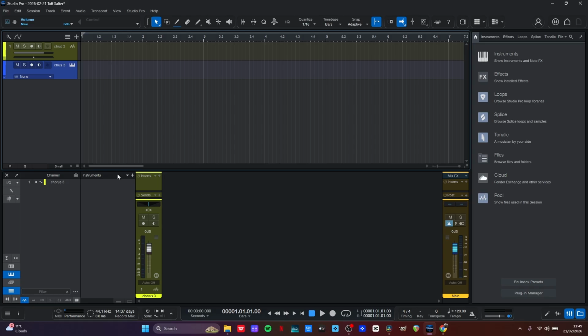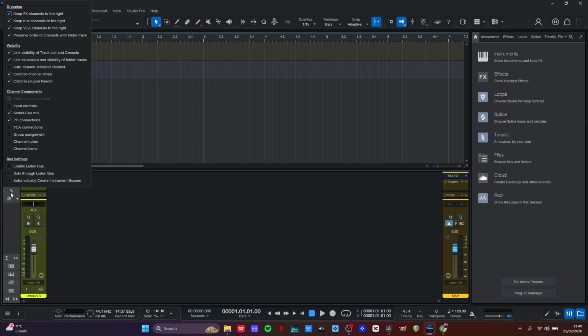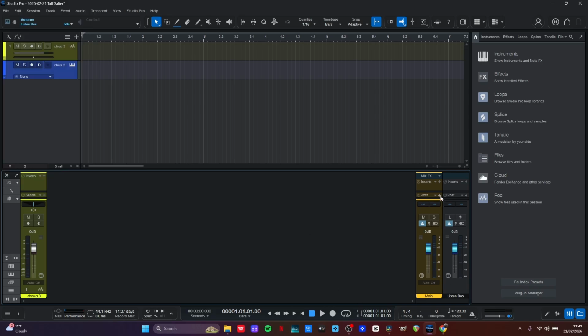Now, if we click on our little spanner icon here, in this little list, you have Enable Listen Bus. So we're going to click on that, and that brings up another little fader here next to the main. You can add inserts onto this. So if you're using things like room simulation, you can add that into your inserts and you'll hear that only